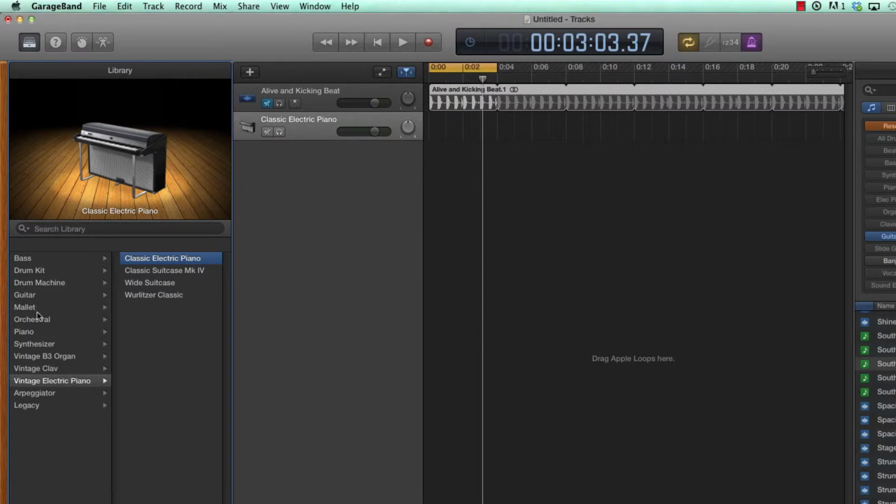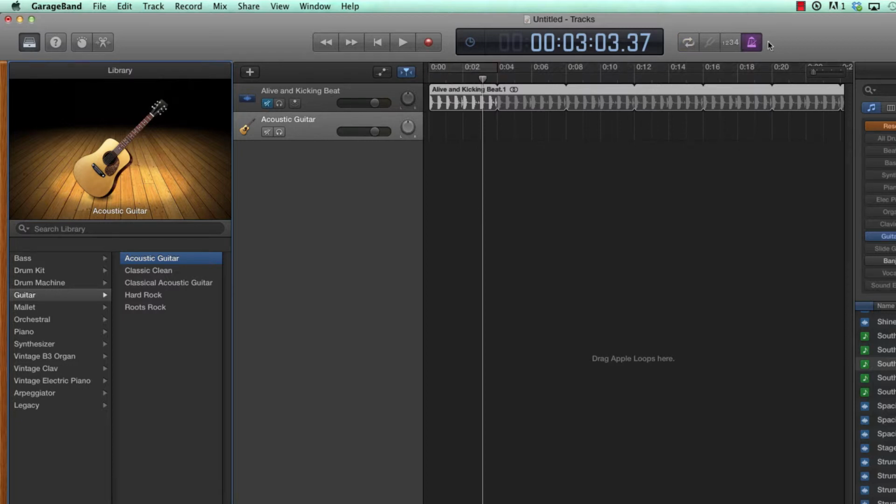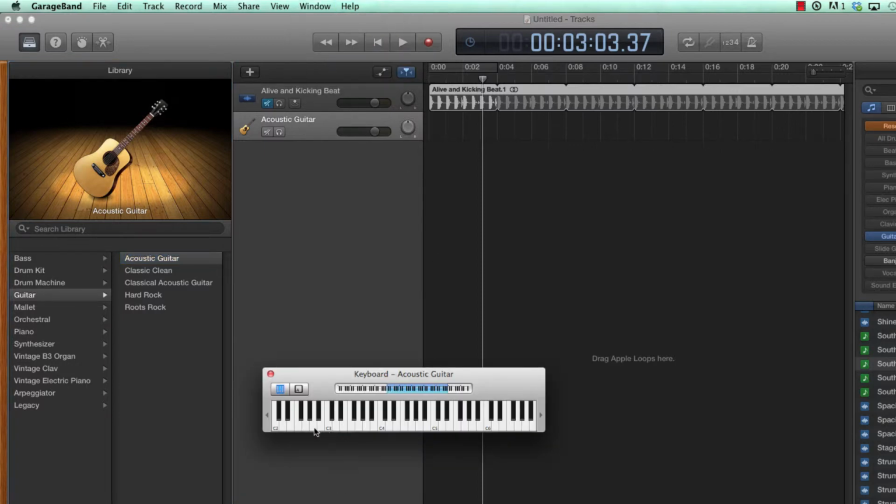All right. So for example, let's say you knew how to play a guitar, and you wanted an acoustic guitar. If I keep this other one dimmed and then take off this region, I probably don't want the metronome on when I record. I can record my own guitar as long as I get my little virtual keyboard up here. So I got to show my keyboard. It's from the window menu, show keyboard. Okay, so now